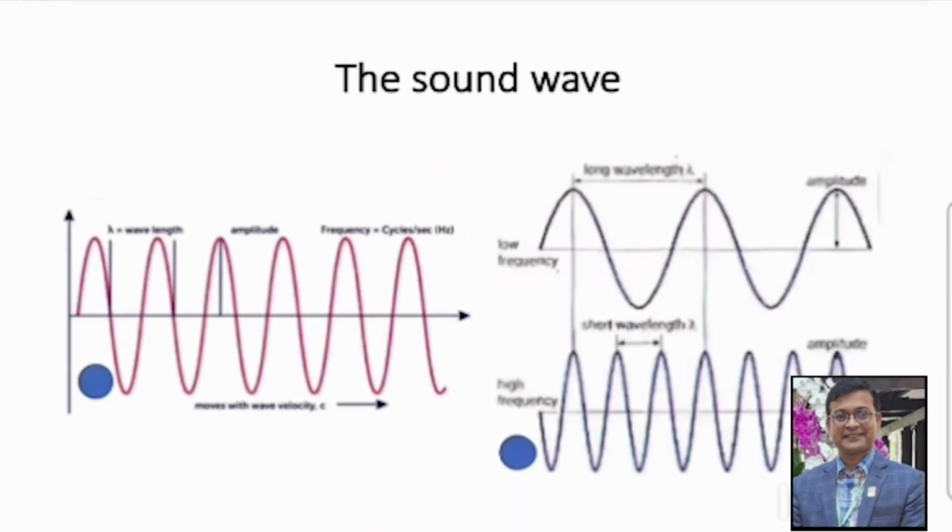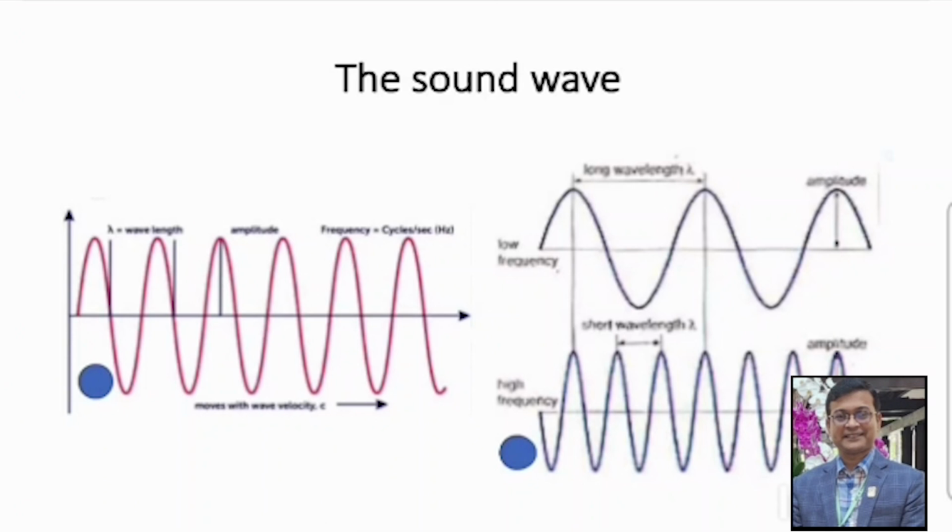So what is a sound wave? It is a sound energy that moves forward in an oscillatory fashion. It needs some medium for propagation. Here you see this is a sinusoidal wave. From the tip to the middle part, this is the amplitude, and the distance between the two tips is called the wavelength. The wavelength and the frequency of a sound wave are inversely proportional. That is, if the wave is long, the frequency is low, and if it is short, the frequency is high. These are the basic points we have to know.